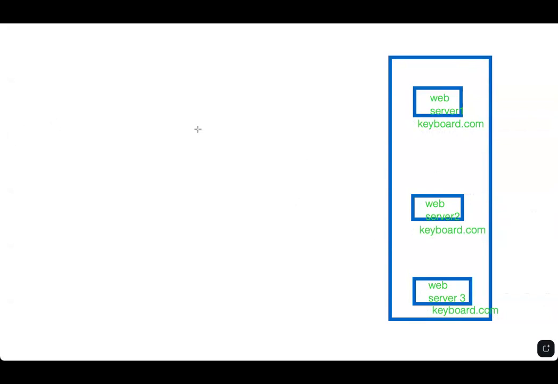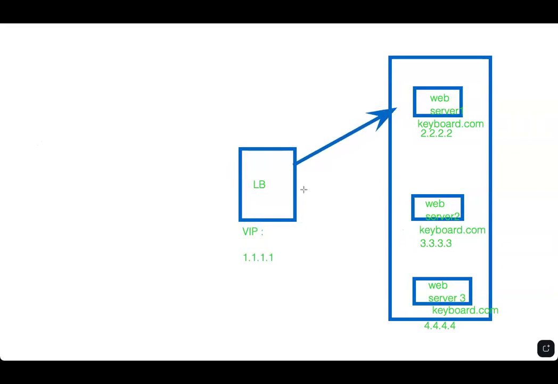So what we will do is put a load balancer before that. This is a load balancer, and we'll create a virtual IP here. For example, let's say the virtual IP is 1.1.1.1, and the web server IPs will be, let's say, 2.2.2.2, 3.3.3.3, and 4.4.4.4. The traffic from the load balancer can go to web server 1, web server 2, or web server 3, but the client, let's say the client is here